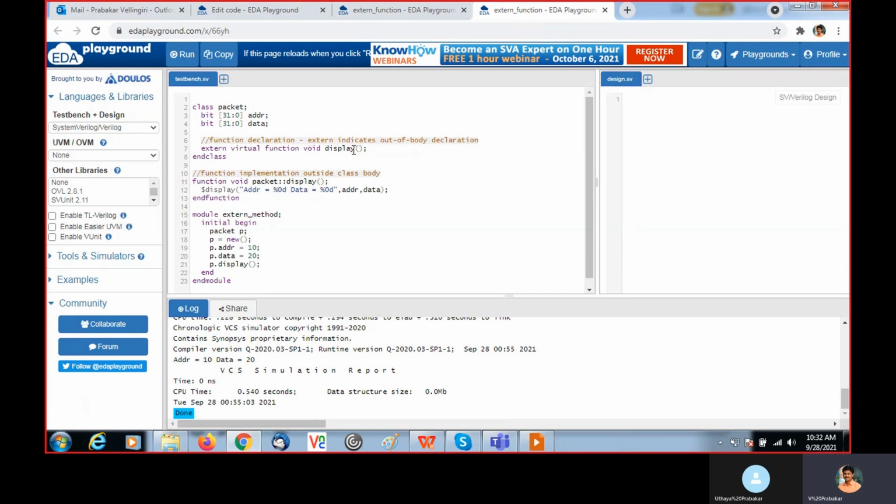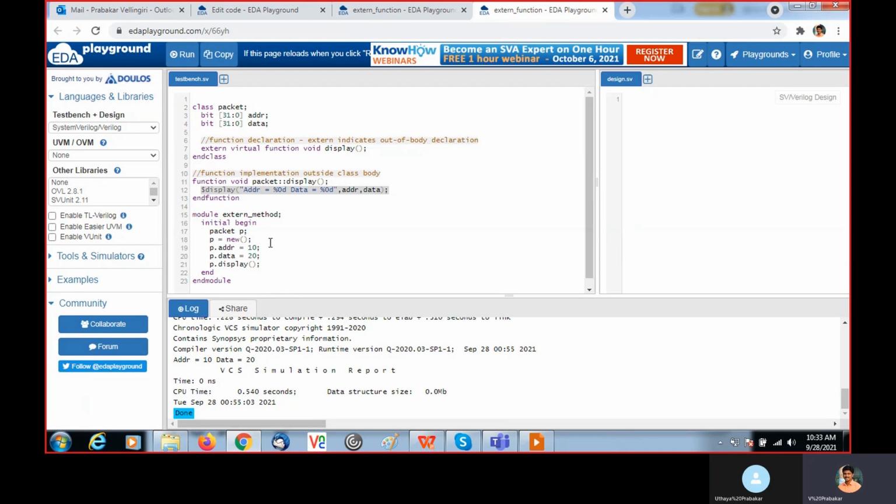This display's actual functionality I implement outside the class. To mention this function name, we need to write the class name, scope resolution operator, function name, like that. I am implementing function void, class name, scope resolution, function name. Then I put a $display and I am displaying the value of address and data.